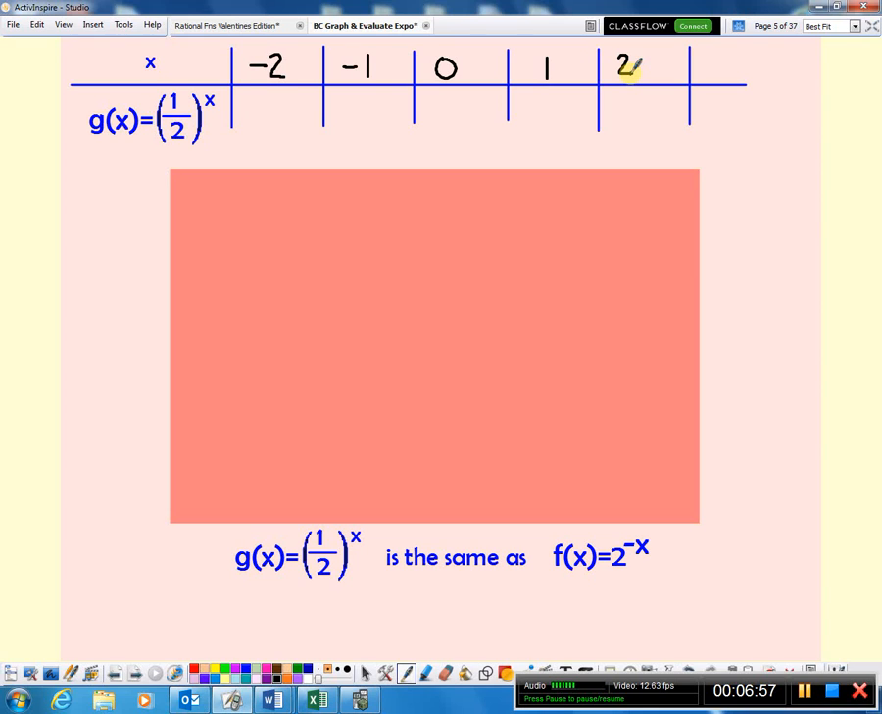Well, 1/2 to the negative 2 means 2 to the positive 2, and that's equal to 4. 1/2 to the negative 1 means 2 to the positive 1. Anything to the 0 power equals 1. Of course, 1/2 to the first is just 1/2. And 1/2 squared equals 1/4. So if you take a minute to plot these 5 points,